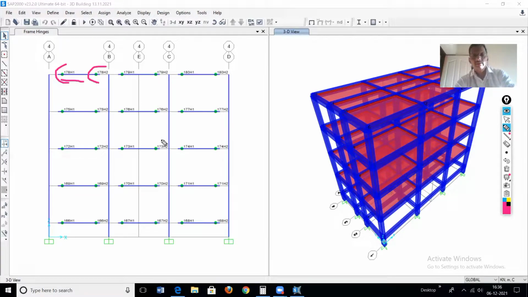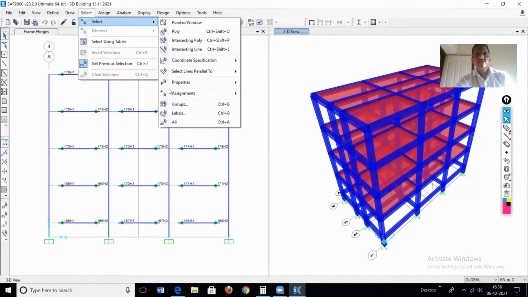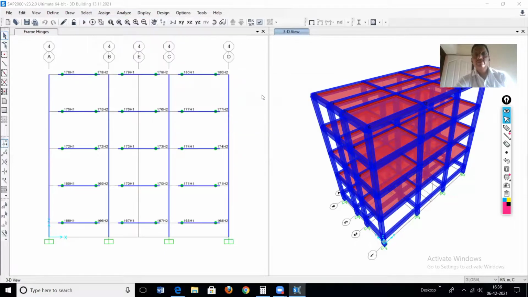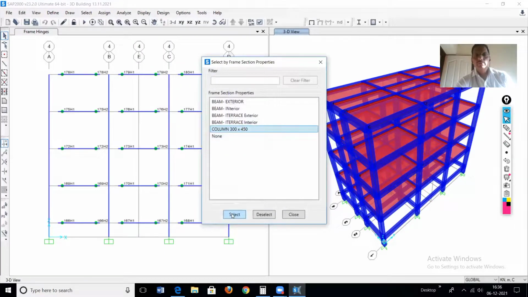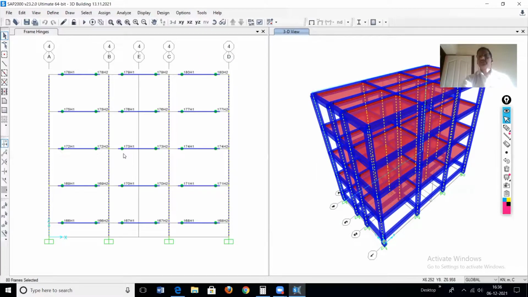So in this way we have to assign the plastic hinges to the beam. Now we'll go for how to assign the plastic hinge to the columns. First of all, select all columns. Then properties, frame section, and then column. Select and okay. Okay. Then assign